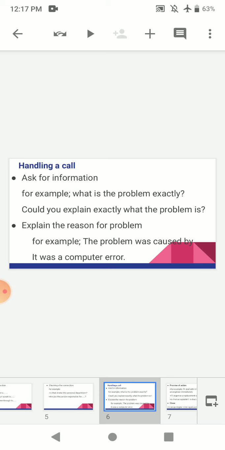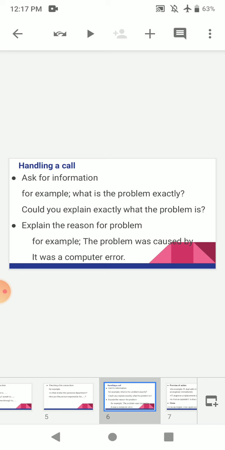Ask for information. So you will say about the issue you are going to talk about, or the other person will, if it's about any complaint or something like that. Suppose you are a customer care executive of a bank or telephone exchange and someone has called you, then you will try to know the reason the other person has called or what the complaint is about. There will be an exchange of information about the issue, the reasons behind the problem.